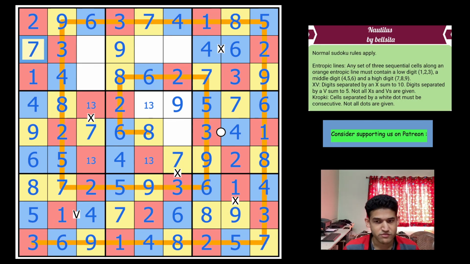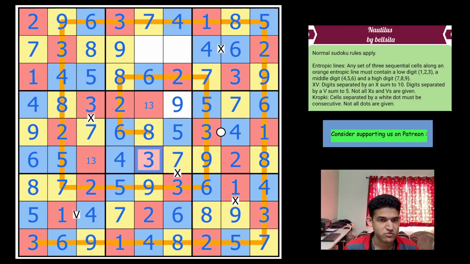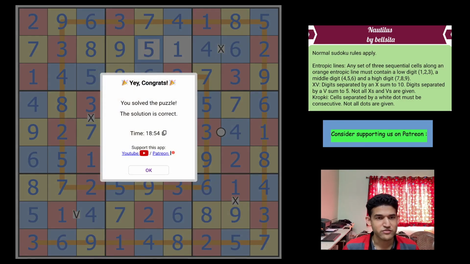So this will be 5, 8, and you have 8 here, so that's an 8, and that's a 5. That is a yellow, and that is a blue. This is a red, so this would be a 5, making it a blue. Okay, 7 here, so this will be 3, so that would be 3, that would be 1, that would be 1, and that finishes off this wonderful Sudoku